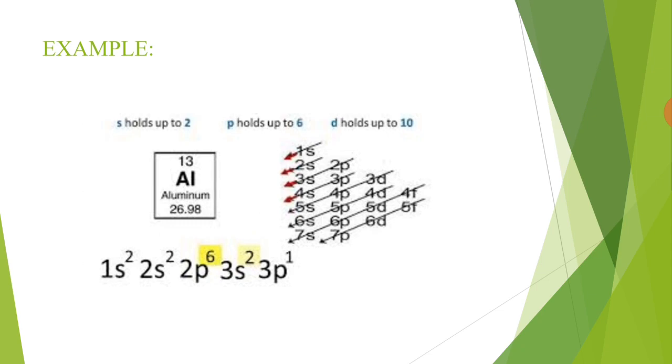So, first 2 electrons of aluminum atom will be filled in 1s subshell, as it has the capacity to accommodate only 2 electrons. The next 2 electrons will be filled in 2s subshell. Further 2p subshell will be filled with 6 electrons. Then the next subshell will be 3s and it can accommodate 2 electrons of aluminum atom. The remaining 1 electron of aluminum will be filled in 3p subshell. Thus, the electronic configuration of aluminum is 1s2, 2s2, 2p6, 3s2, 3p1.